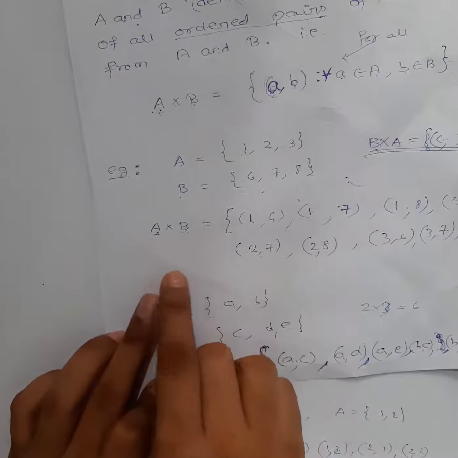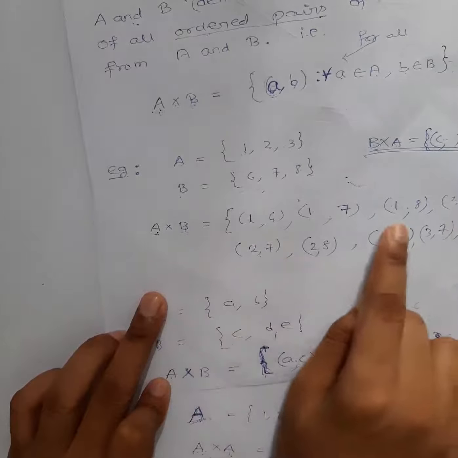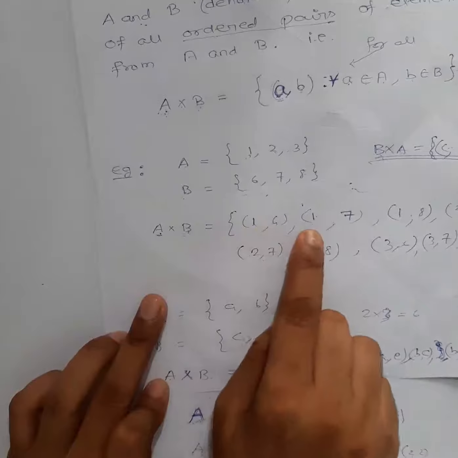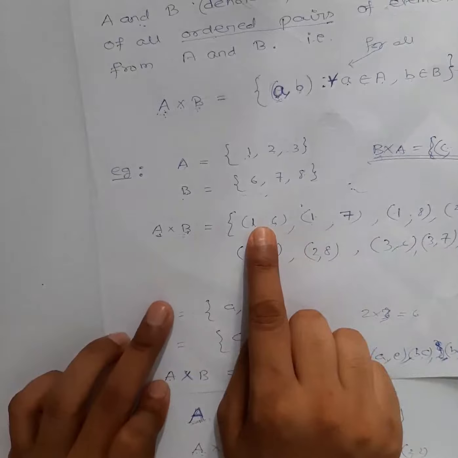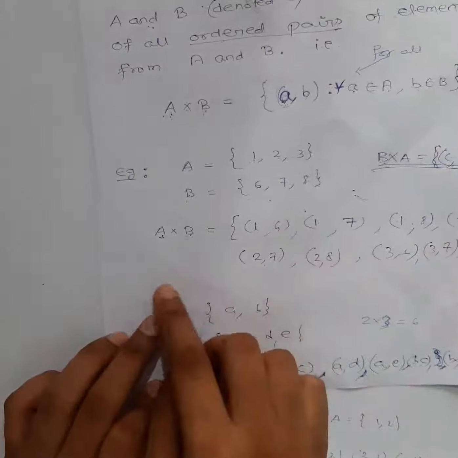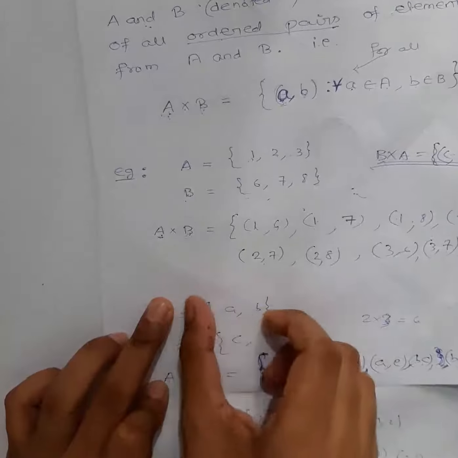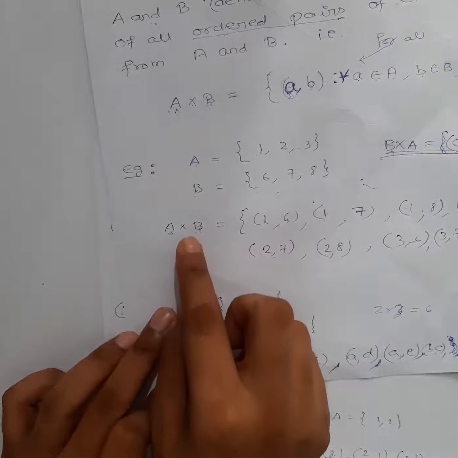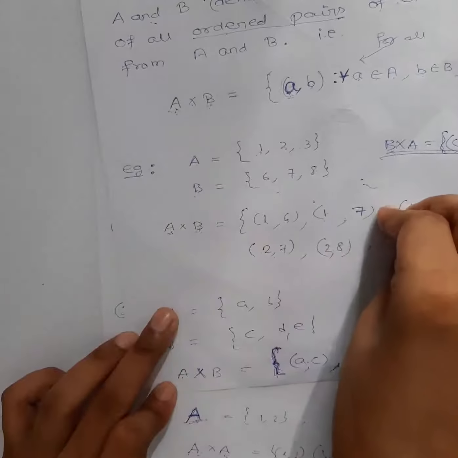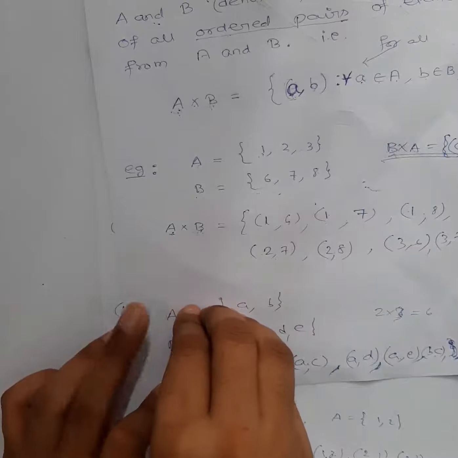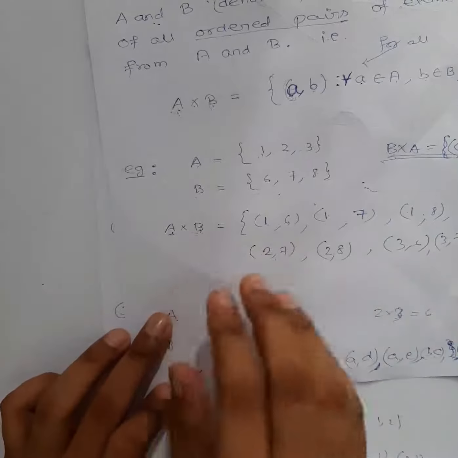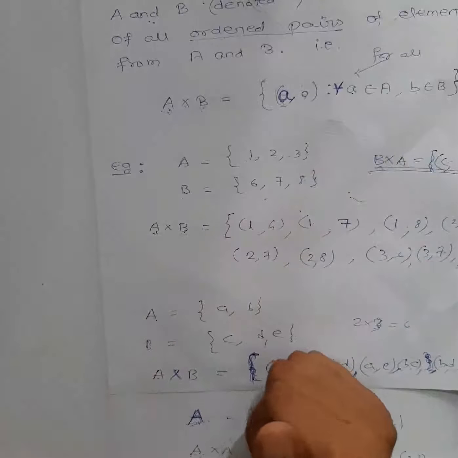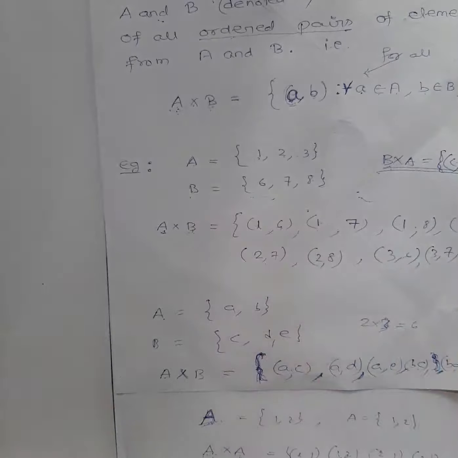What I said: the first element must be bigger than the second. You can see in this set, is the first element bigger than the second? You will find no such element there. In all the pairs, the first element is always smaller than the second. So in that relation you will have no element, which means it will be an empty relation. Like that we will find out. So basically what I am trying to say is that a relation will always be a subset of the Cartesian product. Subset means you will get the elements of the relation from this Cartesian product only. Okay, we will discuss that in detail when we come to relation. First you try exercise 2.1. In the next video I will show you all the exercise questions and then we will discuss relation. Okay.